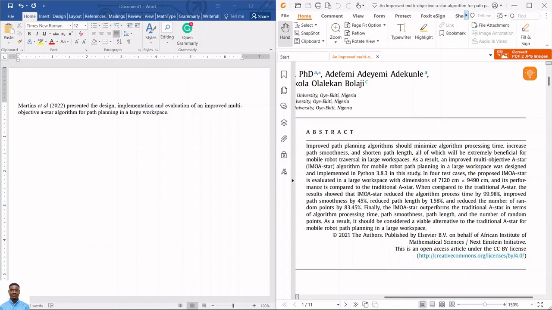We can see that they talked about the processing time, to minimize processing time of the algorithm, to increase the path smoothness, and also to shorten the path length. So you can come here and say that